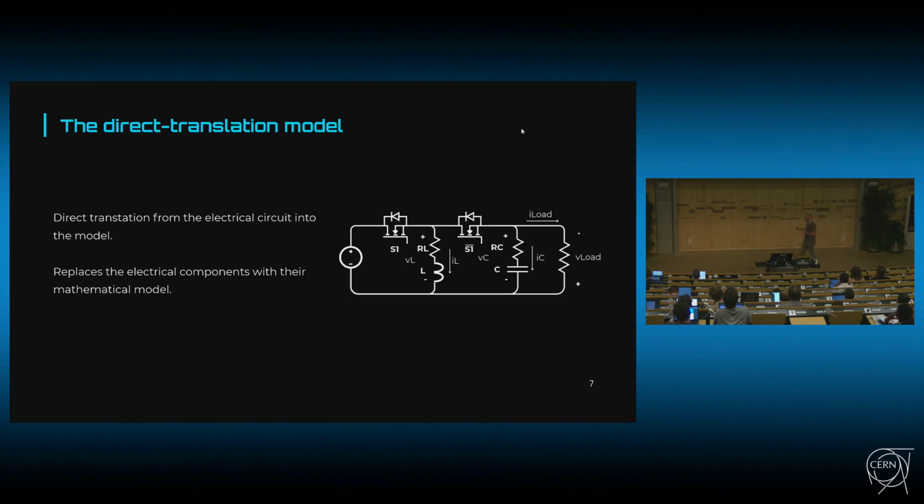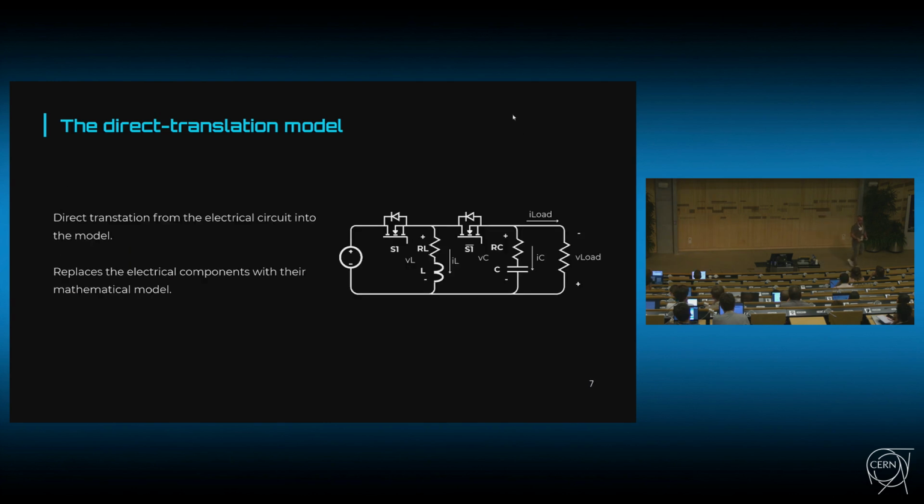Okay, so now we know how to make our simulator, our solver, faster. Then we need a model. Last year, I was talking about this in some conferences, and I presented this method to discretize a model and implement it into an FPGA. I call this method the direct translation model. It is based on taking the schematic of the power converter and replacing all of the elements by their equivalent math model. This will result in